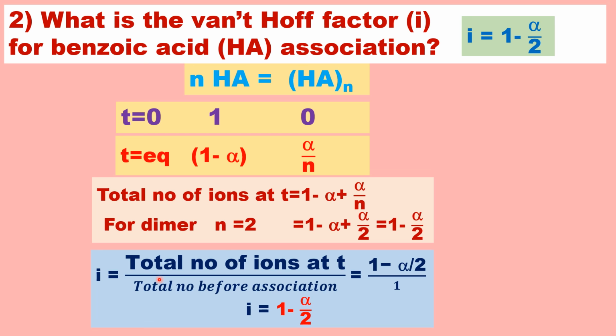What is the formula for i? Total number of moles at equilibrium divided by total number of moles before association. Therefore, 1 minus alpha by 2 divided by 1, that is i equal to 1 minus alpha by 2. That is the value. These are very much useful for solving problems in various board exams as well as